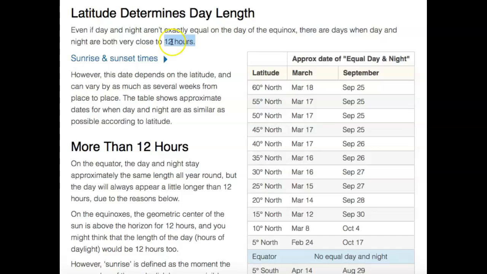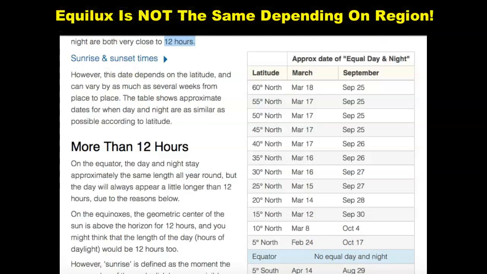So that means if you're on a latitude of 60 degrees north, your equilux, where it's exactly 12 hours of day and 12 hours of night, would be on March 18th and September 25th. And we know it happens twice in the year. However, if you get closer to the equator, if you go 5 degrees north, the equilux would be on February 24th and October 17th. So this proves right here, when it comes to the equinox and equilux, that